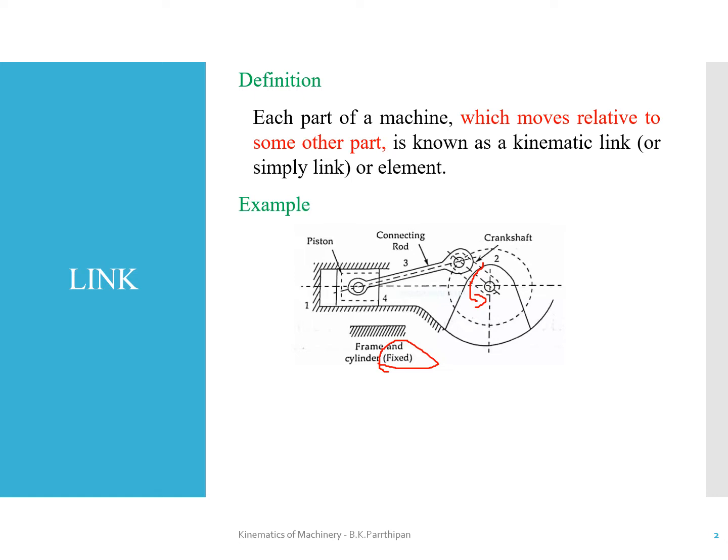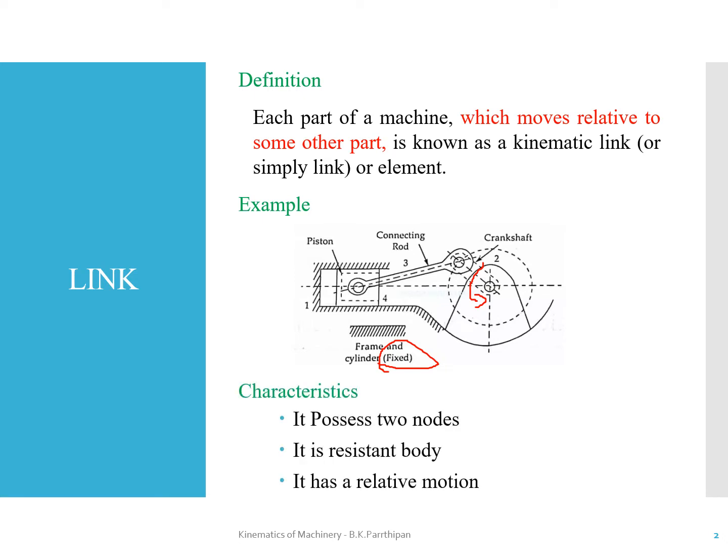Now the third component is the connecting rod. Now the fourth component is the piston. Whenever the crank rotates, the connecting rod oscillates so that the piston reciprocates. So here one component moves relative to another component, that is, the connecting rod changes its position with respect to the movement of the crank. So here it forms a kinematic link. All the elements are now in a kinematic structure. Each and every component is now known as a kinematic link or simply a link.